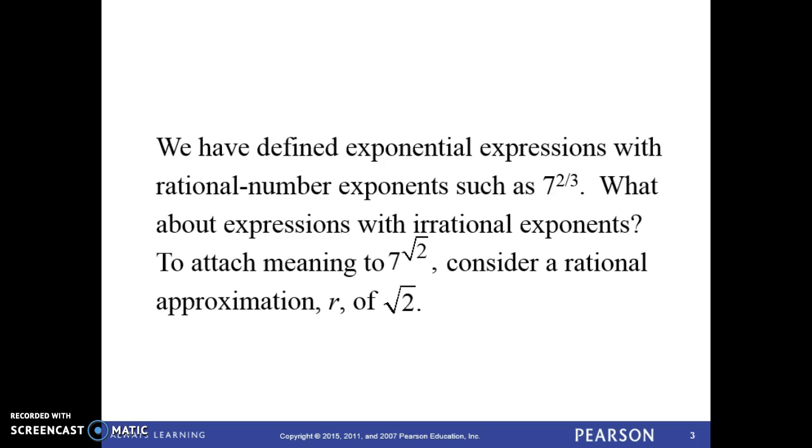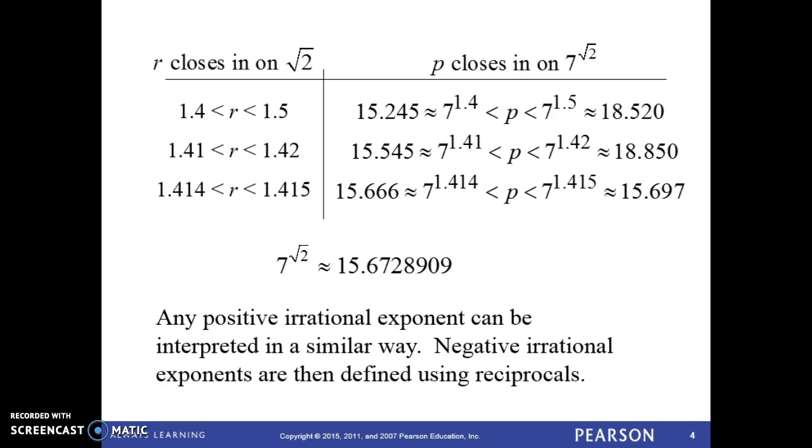And the first thing you need to know is, what do we mean by an exponential function? So anything that has a rational exponent, and they give you an example here, 7 to the 2/3 power, is an expression. And it says, well, what about if we have an irrational exponent? In other words, what if it is a square root or something like that? So this is just giving you some ideas of how we would solve those types of situations. Anytime we have a positive irrational exponent, we can interpret it like this.